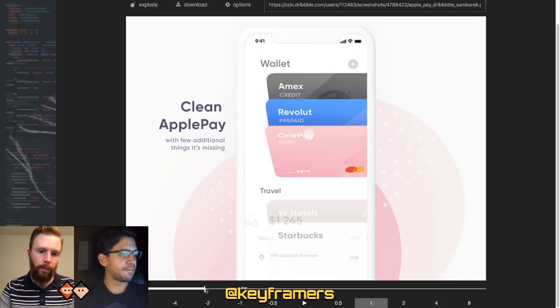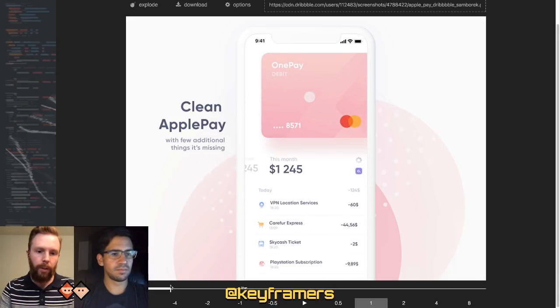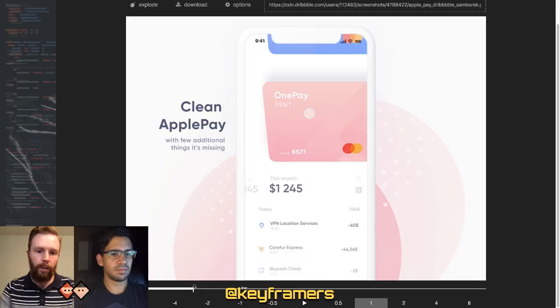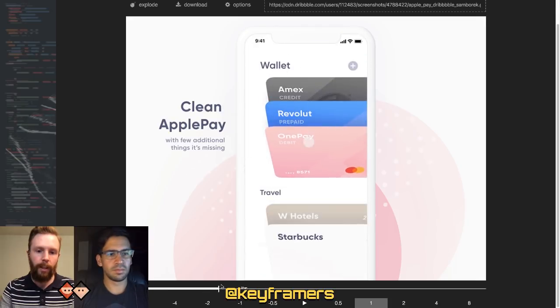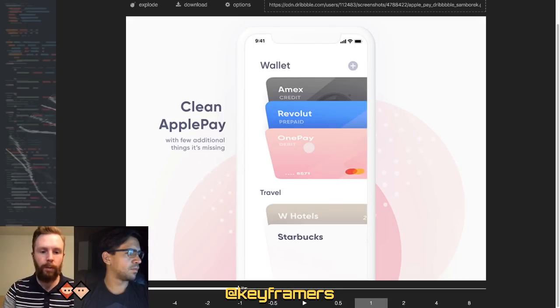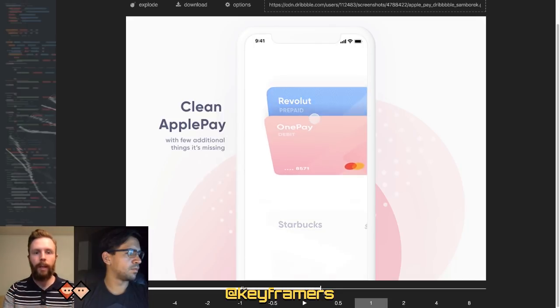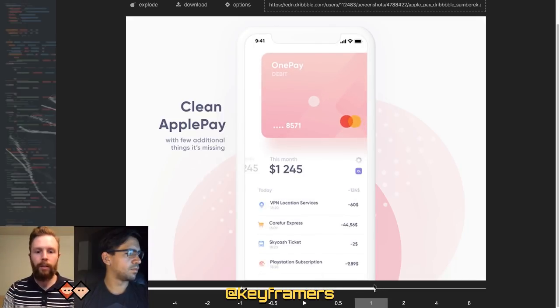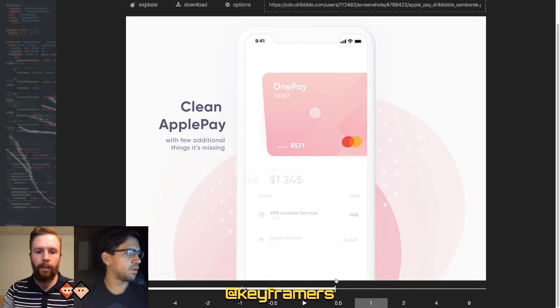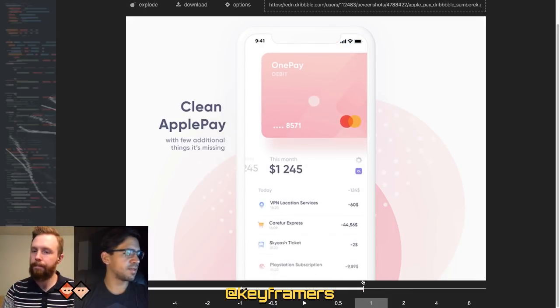Now, we may potentially run into some issues there with the slide in, slide out animation, where the layers or the transaction items are actually staggering in. Well, that's still no problem because